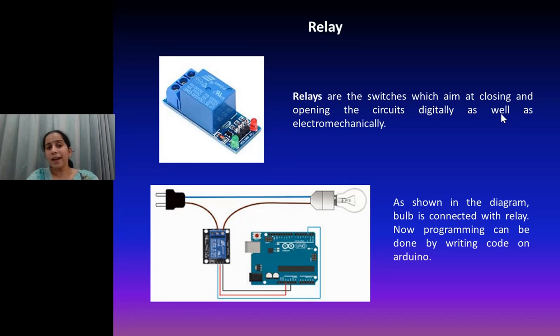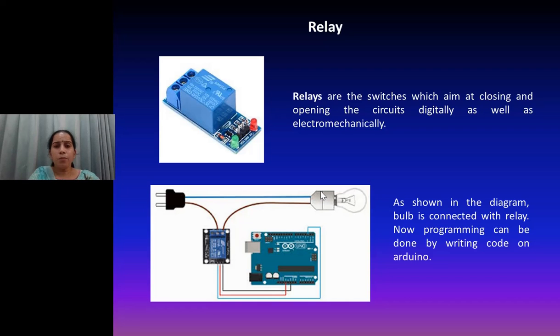Relay. What exactly is a relay? A relay is a digital switch that is used to control a particular device. Without a relay, it's very difficult to automate a device. It will be in between the device and the Arduino, as depicted in the picture below. A bulb is connected with a relay, and the relay is subsequently connected with the Arduino. Arduino will give the instruction to the relay, and the relay will finally control this bulb. Generally, each and every device is connected this way.